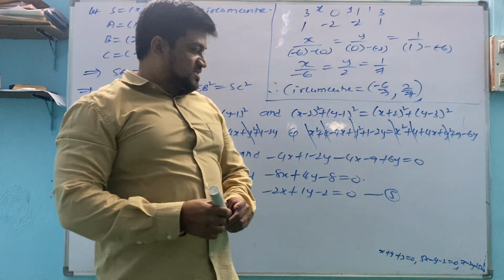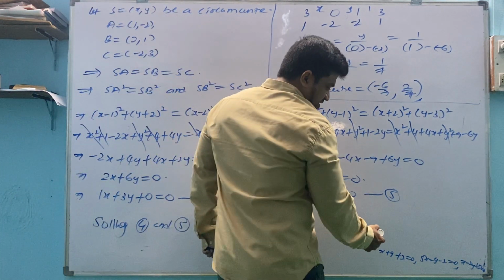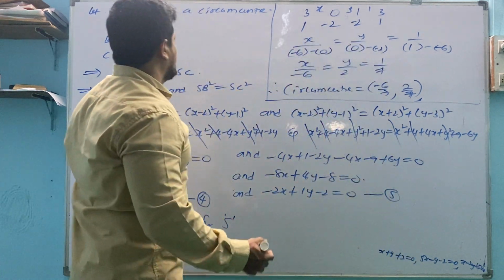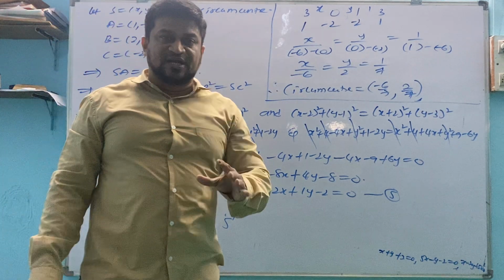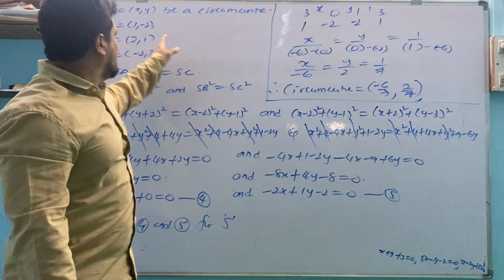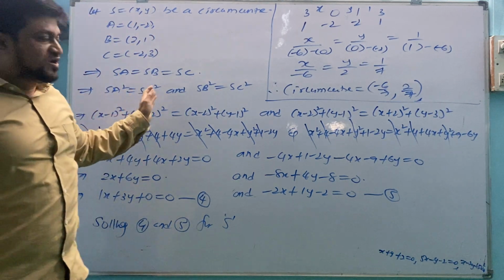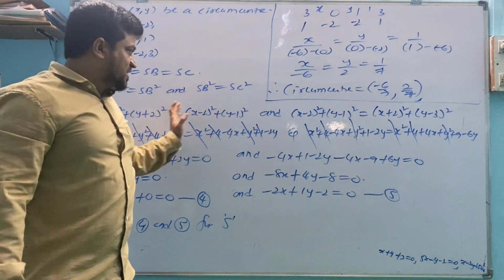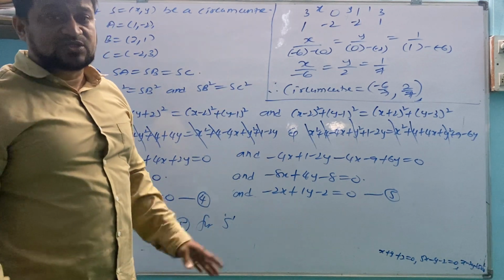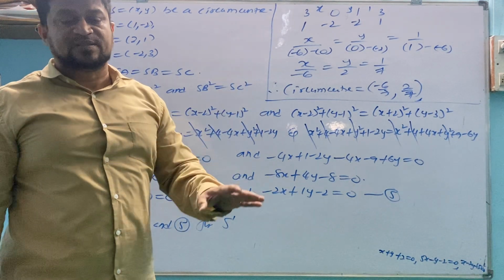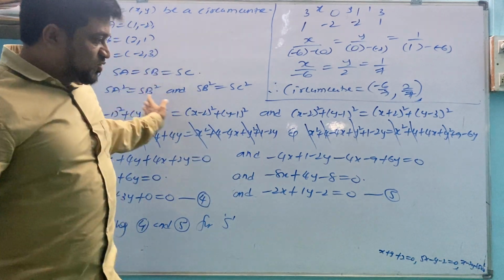So two types of questions are there. Then you have this problem, you need to try this one and submit the work. Let me explain it once again. We need points if equations are given. Sometimes points are given; we can follow these steps. If A, B, C are given to us, take S equals (x, y), then SA square equals SB square, SB square equals SC square. You will get two equations, solve both of them, you will get the circumcenter. If they have given equations, solve 1 and 3 for A, 2 and 3 for B, 1 and 3 for C, then we will get all 3 points, and you can follow the process.